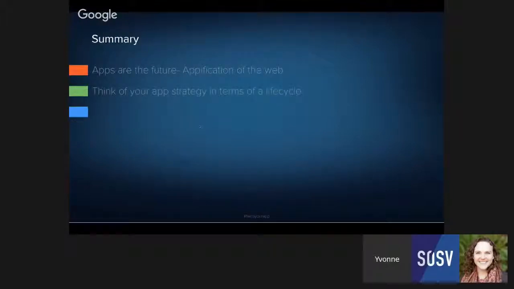The next takeaway is that we strongly urge you to think of your app strategy in terms of a life cycle. Make sure that you are using a tool that enables you to address all the key stages of the life cycle from acquisition to retention, so that you can get users engaged on a regular basis and convert more first-time users into some of your most loyal customers.